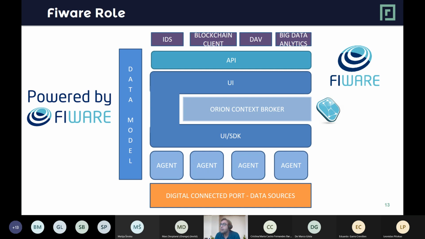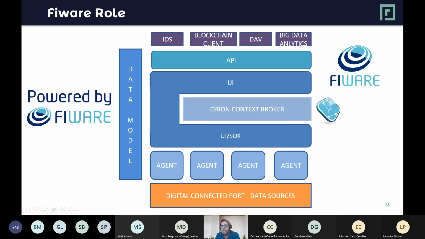If we see the previous design from a FIWARE point of view, the core element of this architecture is the Orion Context Broker. It is the core of the semantic interoperability component, it provides the publish/subscribe functionalities, and it implements the metadata registry. The data and the metadata formats are going to be designed following the FIWARE NGSI data models specifications. In addition, we have the data models, which is a Git repository